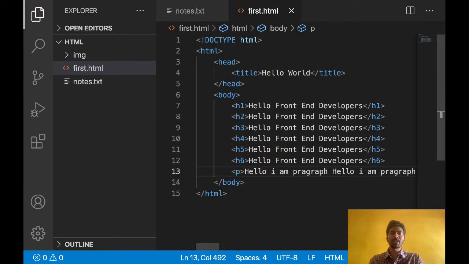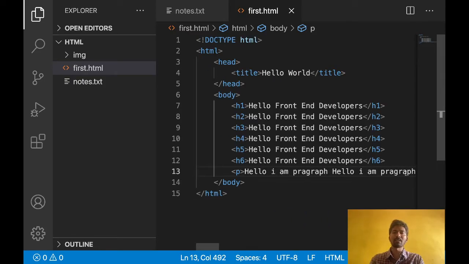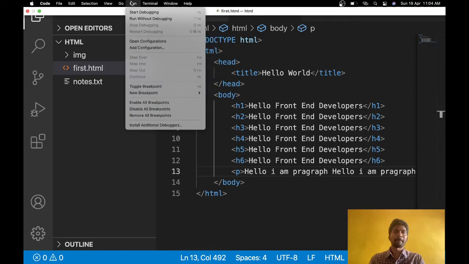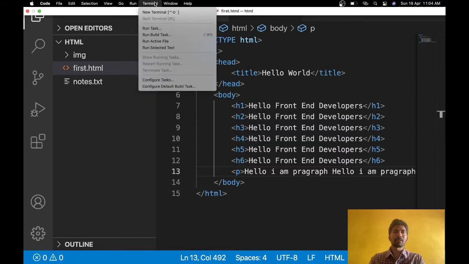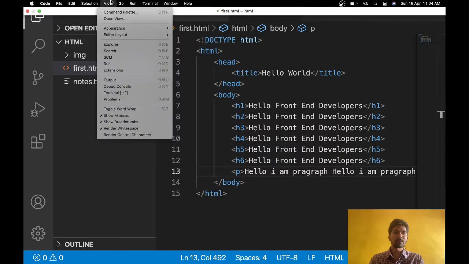There is one option in Visual Studio Code. Currently this line is going horizontally, but you can make it come down. You can go here, terminal, okay, help. Here toggle word wrap is there. You just click on this one.